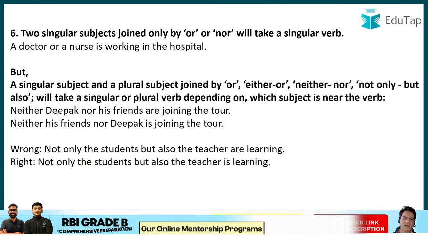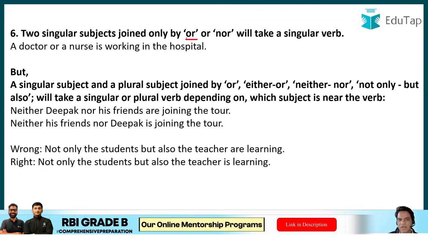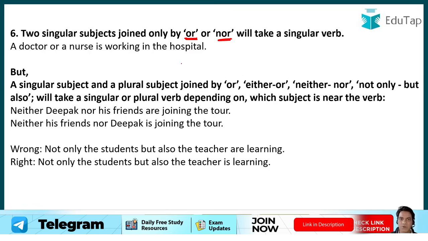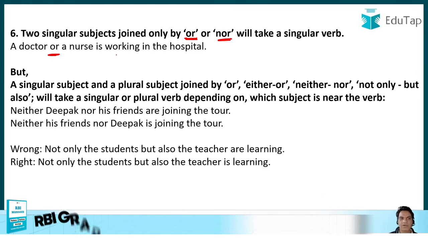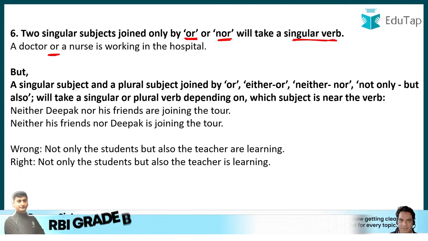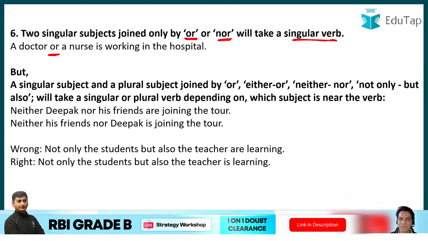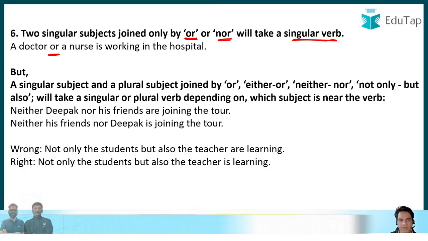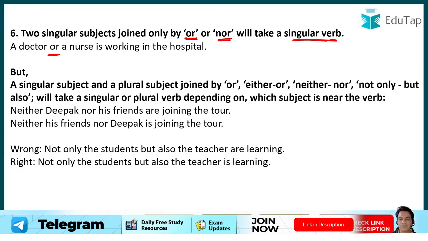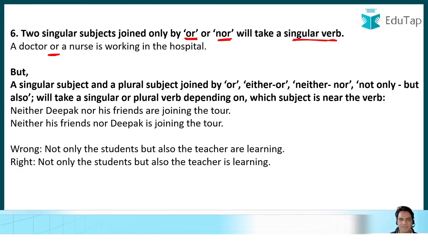Okay. All right, guys. Next question. If two nouns are connected using or, nor, for example, a doctor or a nurse, they will take a singular verb. For example, the judge nor the lawyer has understood or have understood the issue at hand. So, the judge nor the lawyer or nor the advocate has understood the criticality of the case. So, if two nouns are connected using only or and nor, the verb will remain singular.